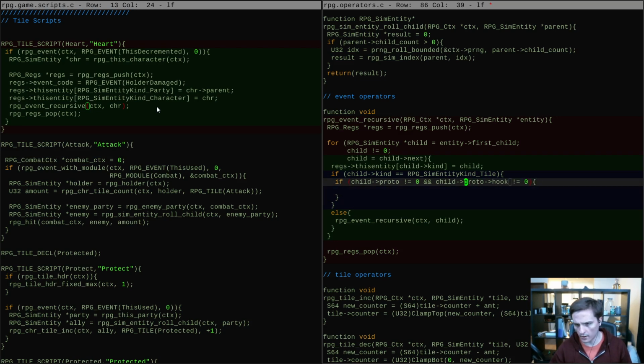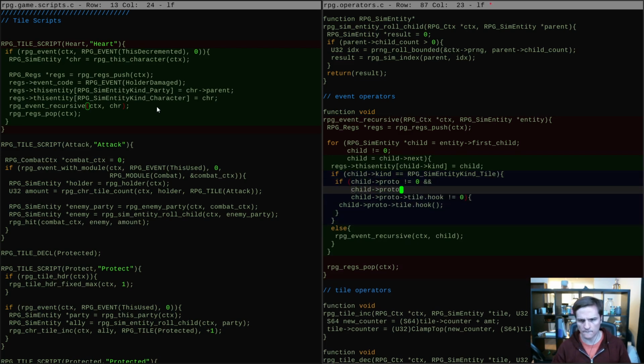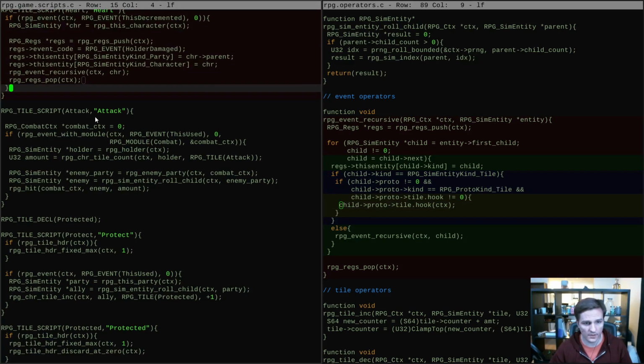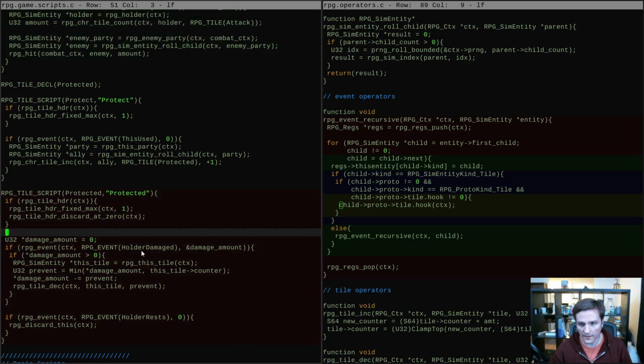It should have a hook, specifically a tile hook, that we can call. And if that hook happens to be the script for a tile that does in fact include the event